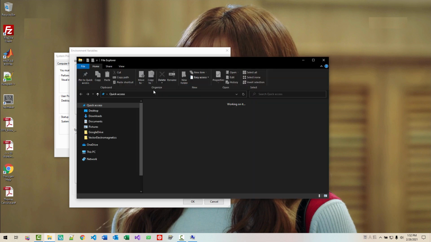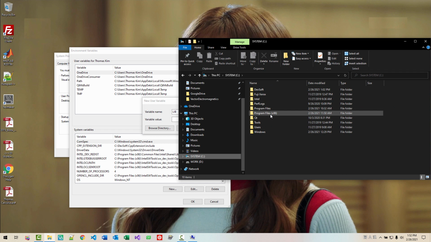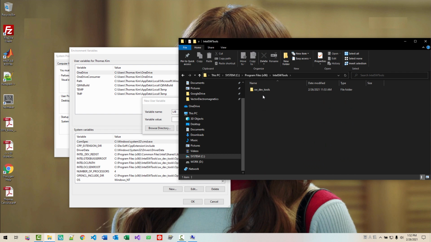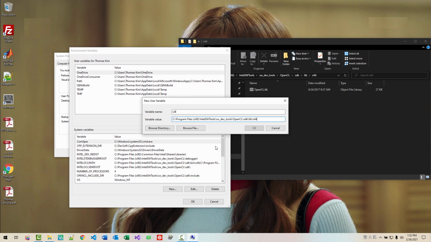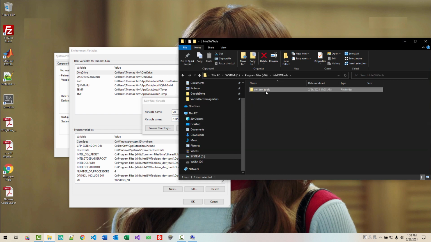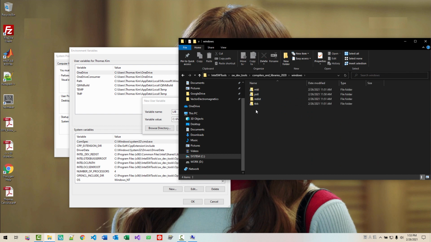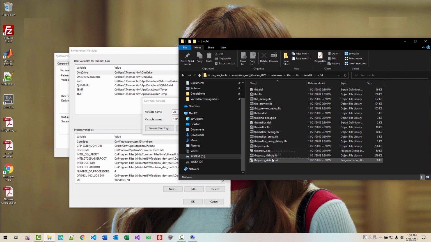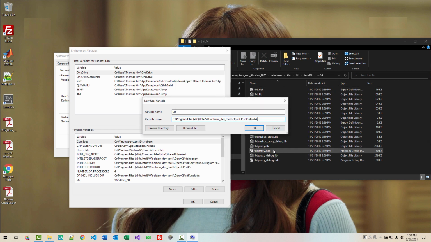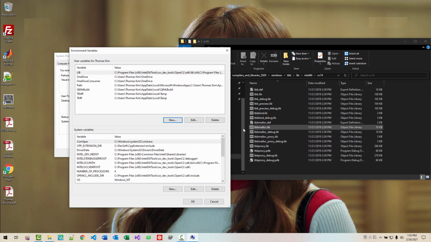Open up your File Explorer, C drive, Program Files x86, Intel Software Tools, OpenCL, SDK, lib, x64, copy the folder path, paste it here, semicolon, Intel Software Tools, Software Development Tools, compilers and libraries, Windows, TBB, lib, intel64, vc14, copy this path, paste it here, click OK, click New,